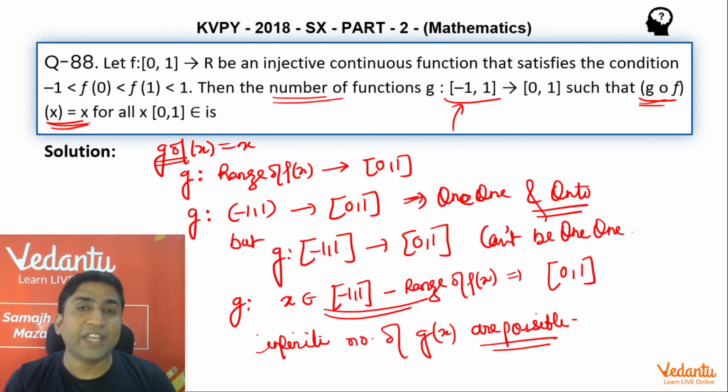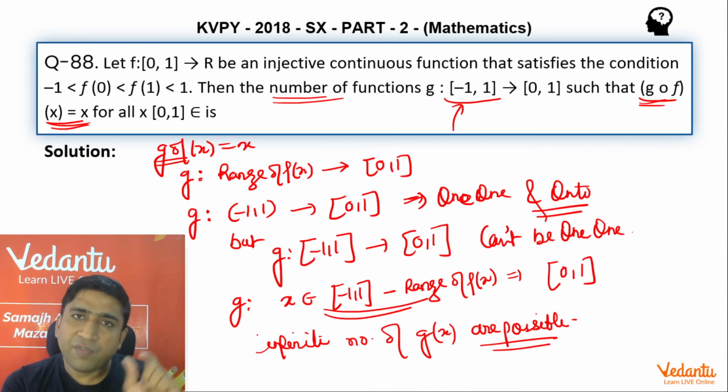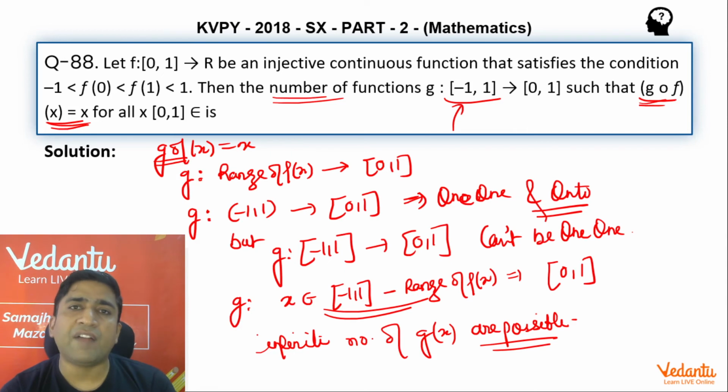I'm repeating once again just to summarize this. Initially I started with g(f(x)). The moment I see g(f(x)) = x, that means f and g are inverses of each other. There, g will have to be within the interval in which g(x) is defined, and in this interval g will have to be one-one and onto. What is that interval? The range of f(x) is the open interval (-1, 1). So within this interval, g will have to be one-one and onto.